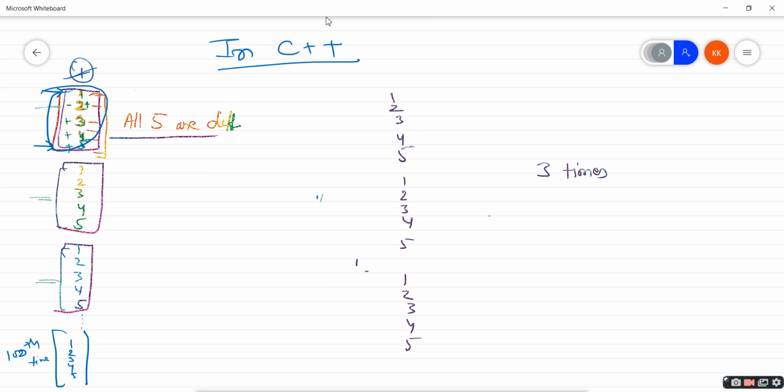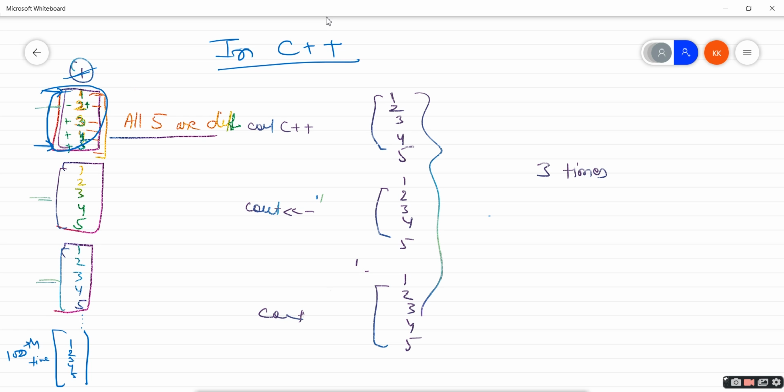And suppose instead of this output, I need something like cout C++, cout C++, cout C++. So what will be the for loop for this? Not this one, forget about this one. This one only. I need this cout 3 times.